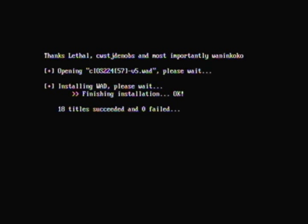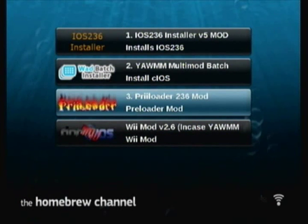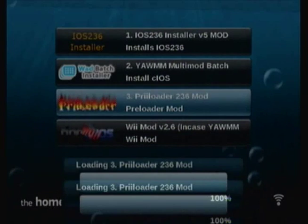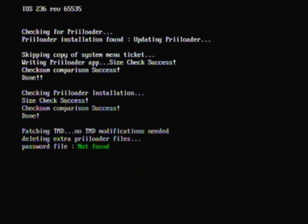Alright, now it says 0 failed. It'll say restarting Wii once it's finished, and it'll bring you back to the homebrew channel. So next thing you want to do is load up preloader, and you're going to just hit plus and A at the same time once it loads up. Alright, so it's loaded up, just hit plus and A at the same time,